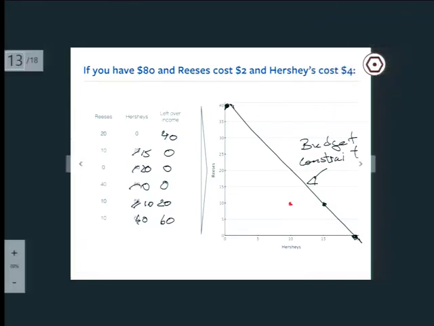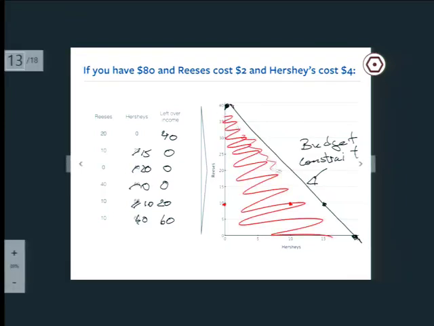In color. 10, 10. How about 10, 0? 10 Reese's, 0 Hershey's. Right? We could come up with a whole bunch of bundles that we can afford, but where we're not spending all of our income. So this area right here, below the budget constraint, that includes this whole area right here,